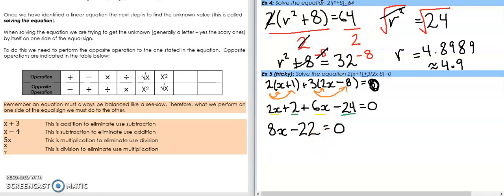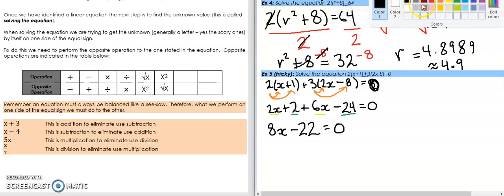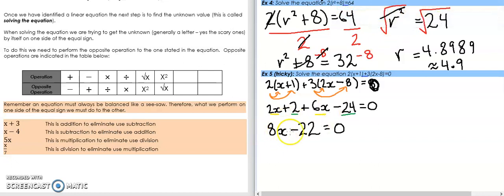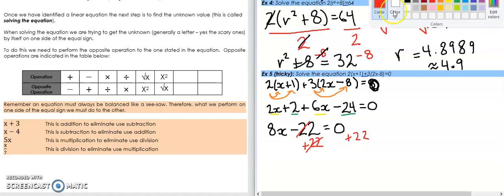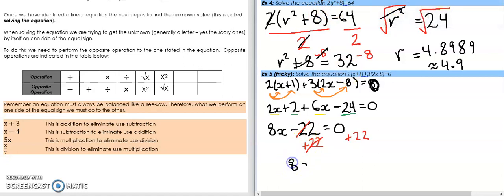Okay, now I can apply my opposite operations because I'm just left with one letter. The opposite of minus 22 is plus 22, plus 22, and we're left with 8x is equal to 22. 8x is equal to 22, and divide each side